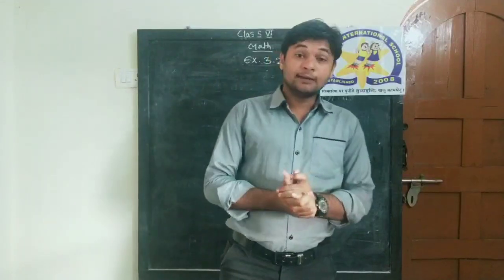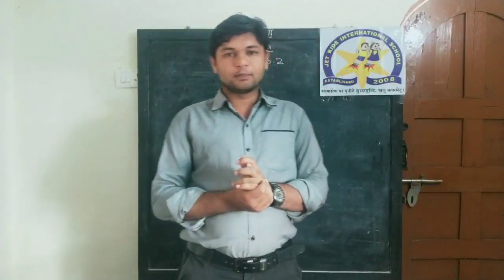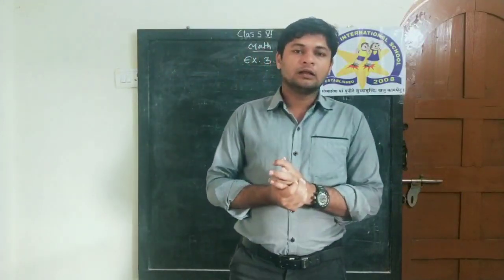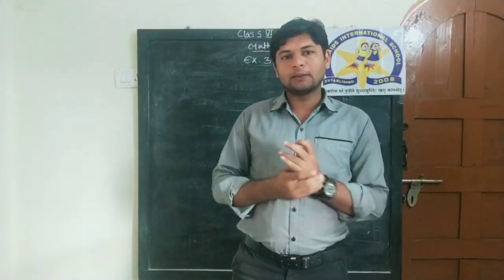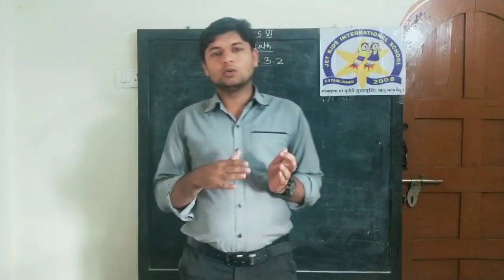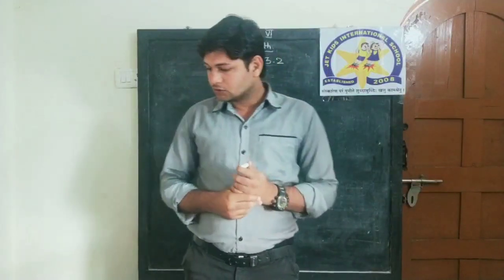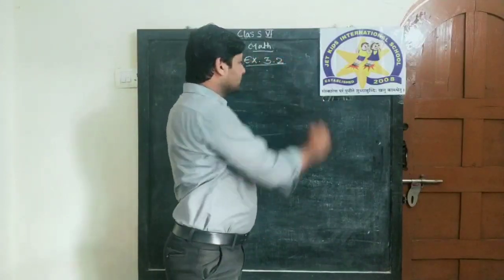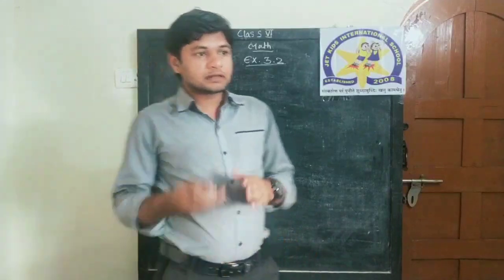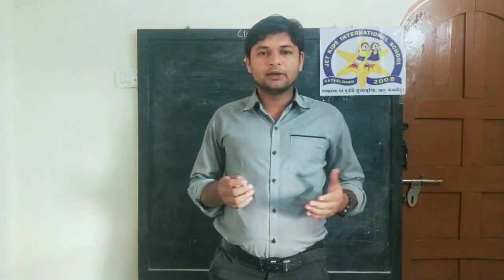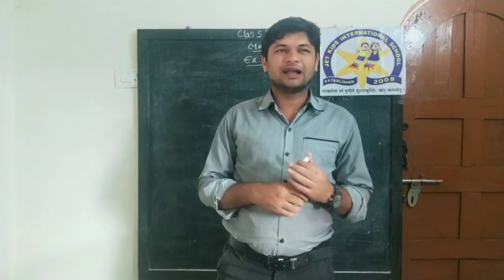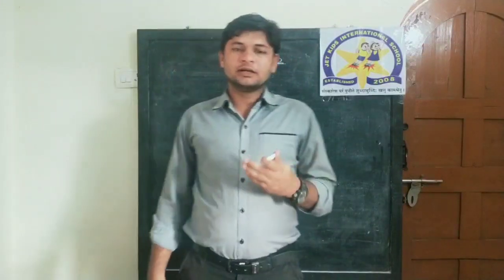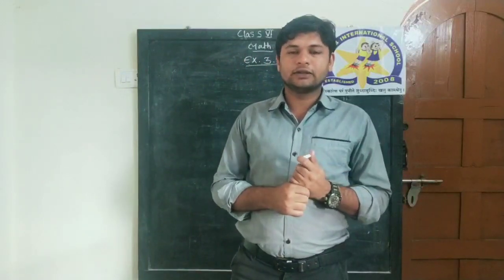Today we are going to continue our third chapter, that is Playing with Numbers. A very important chapter, as I told you in a previous video. I am expecting from all of you that you have done the 1 to 100 prime numbers, how to find 1 to 100 prime numbers. So today we are going to continue with our exercise 3.2 of the same chapter, in very brief. These are very simple things, observation things, a kind of experiment on numbers that we are going to perform in exercise 3.2.